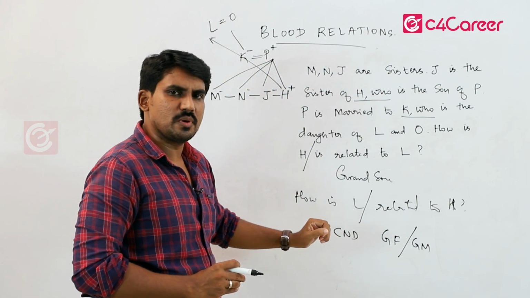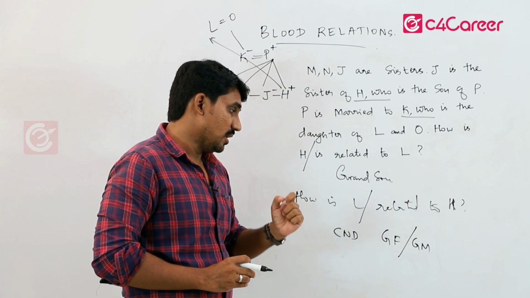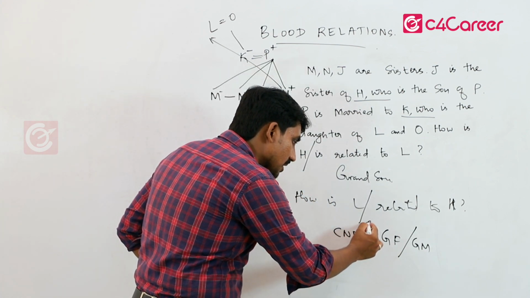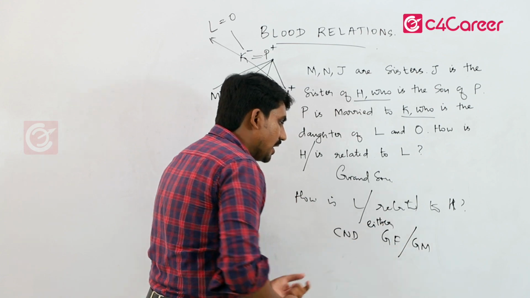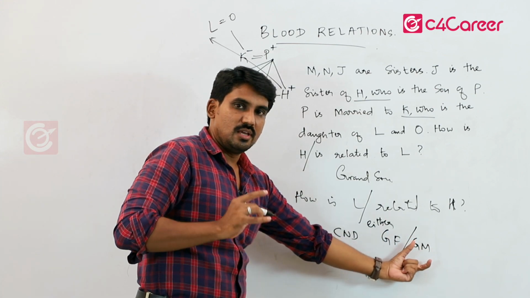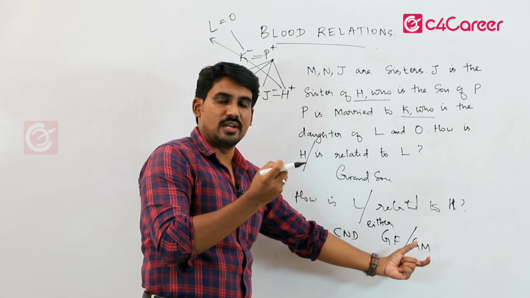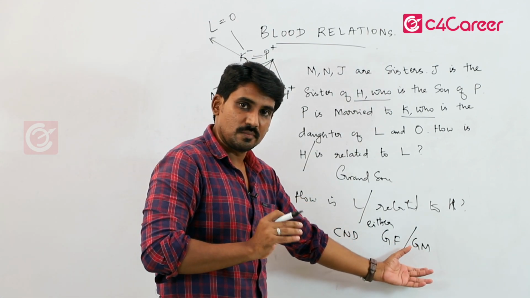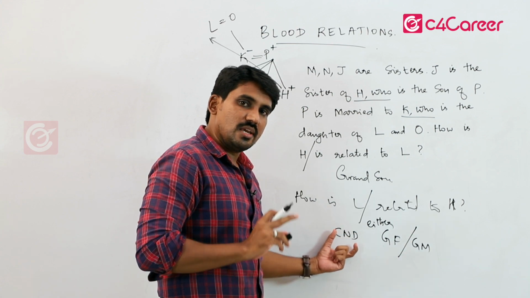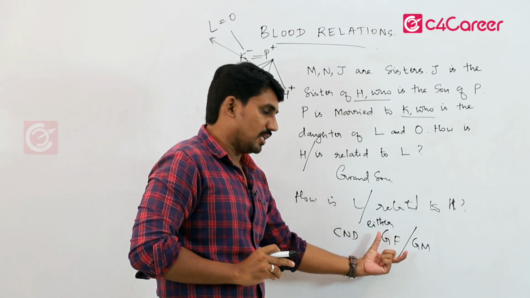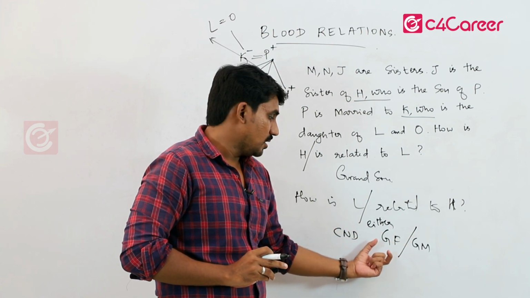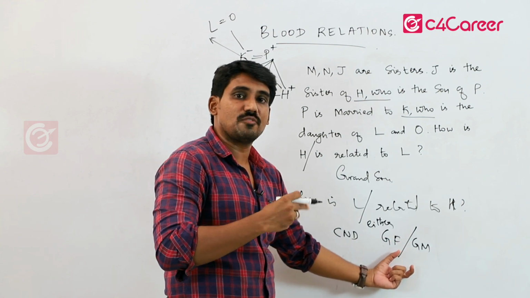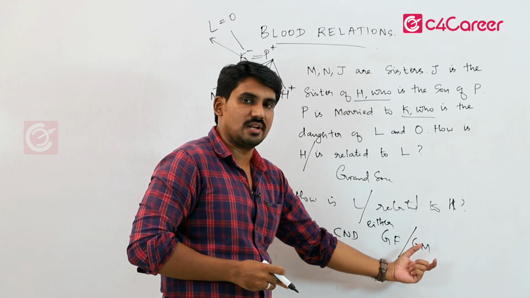If in the options they have given cannot be determined, go for cannot be determined. Otherwise, they have to give the answer in this case, that is either grandfather or grandmother. When we substitute plus, we get one answer. When we substitute female gender minus, we get one answer. Right? Gender missing, cannot be determined. Otherwise, they have to give the answer as either the male gender relation or the female gender relation, that is either grandfather or grandmother.